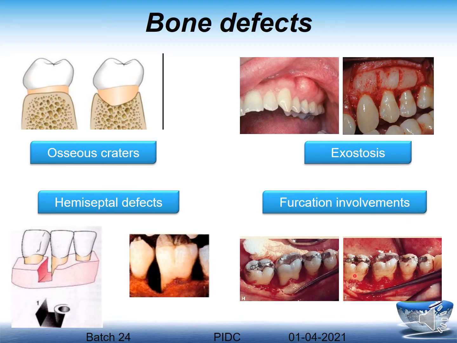Or any furcation involvement, for example, the marginal bone has been enlarged here, resulting in furcation involvement, and there is a bone loss also there. So this can be made a little regularized like this, and easy for the patient to maintain the furcation area.